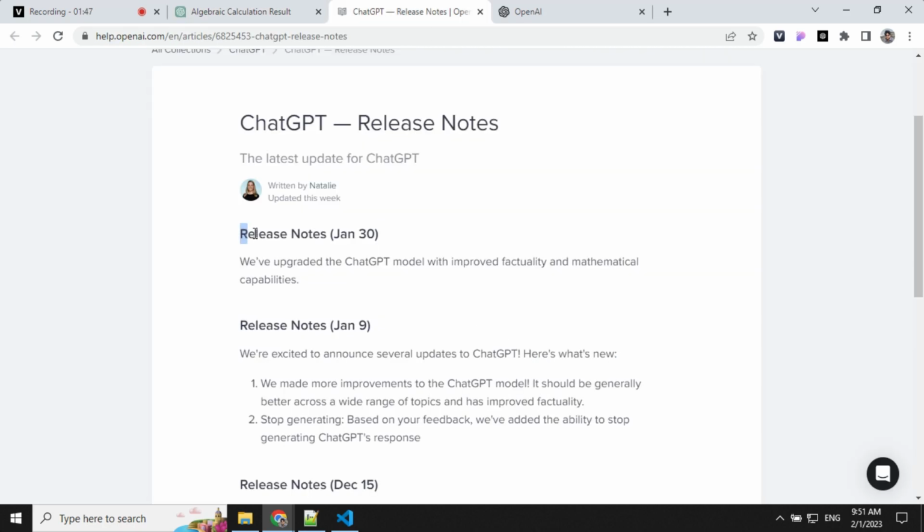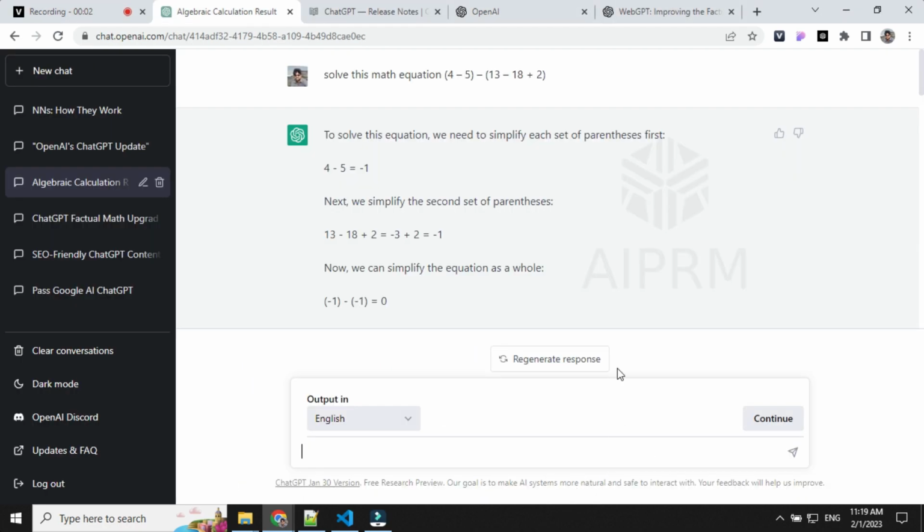In this, we can see the release notes for Jan 30. We have upgraded the ChatGPT model with improved factuality and mathematical capabilities. I wanted to check how it will perform in mathematics. So I have given a few of the questions as a prompt, but I have mostly noticed that most of the